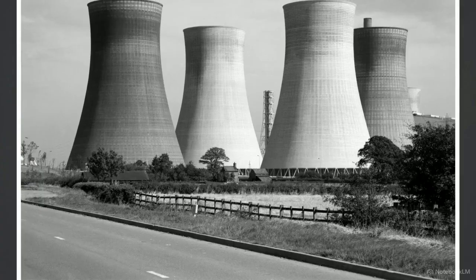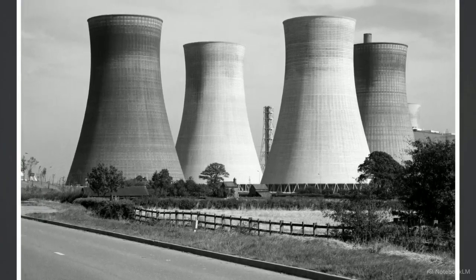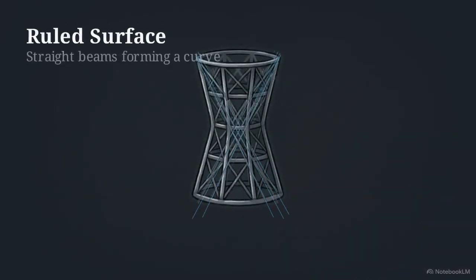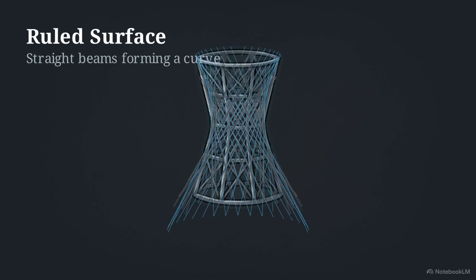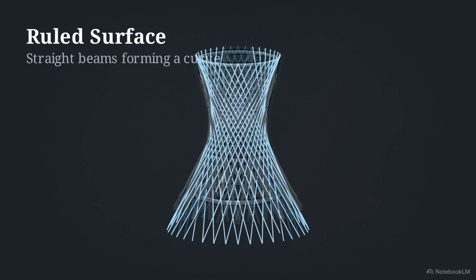When we rotate these curves around their vertical axis, we create a three-dimensional shape known as a hyperboloid. This geometry is the standard for large industrial towers. The flared top and narrow waist help manage airflow efficiently. Though the tower appears curved, it is a ruled surface. This means it can be constructed entirely using a lattice of straight beams, making it incredibly strong and efficient to